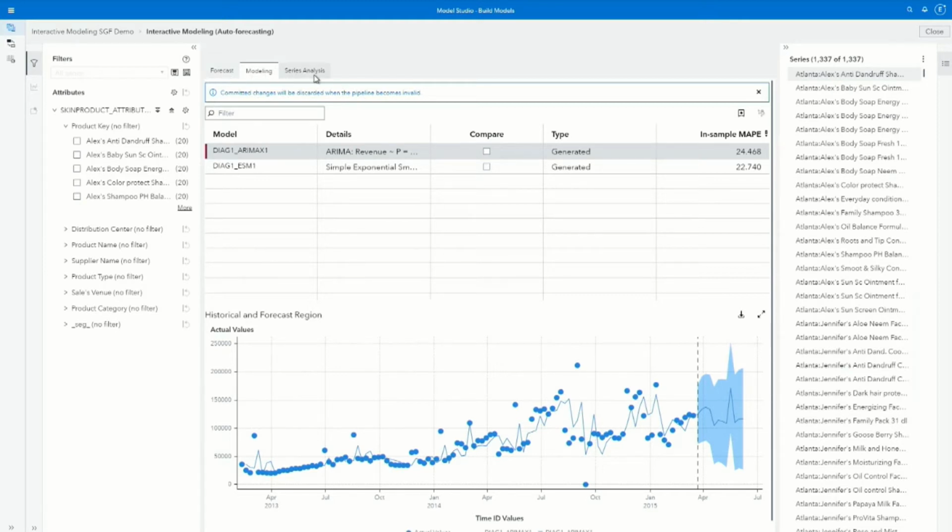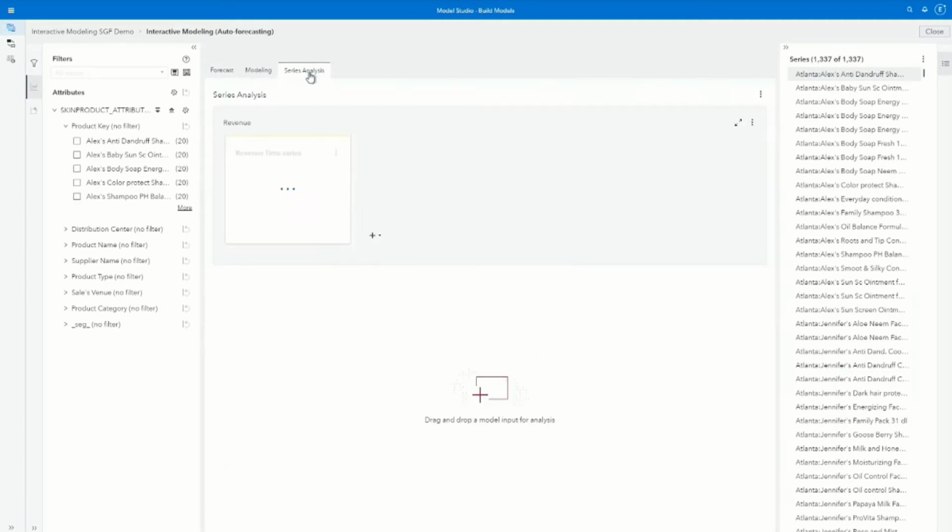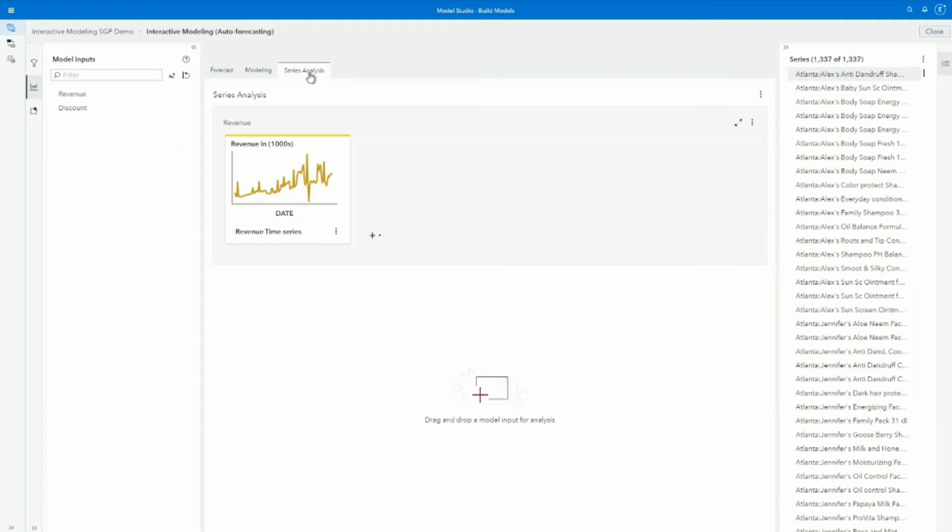And then I can also go to the series analysis tab. So I'm first going to go to the series analysis tab, and this is where we can explore the series prior to forecasting to get a better feel for maybe how we need to go about modeling this, if we wanted to get a better sense for what the patterns look like.